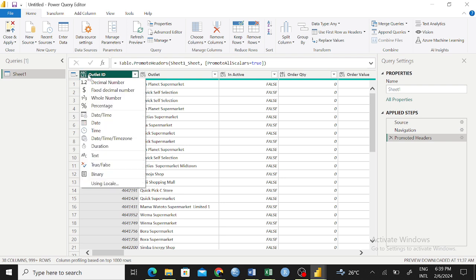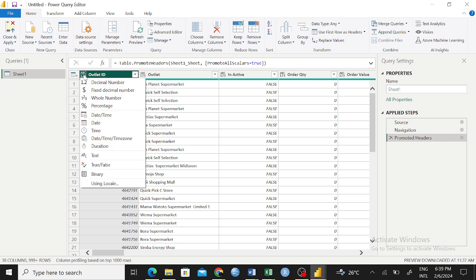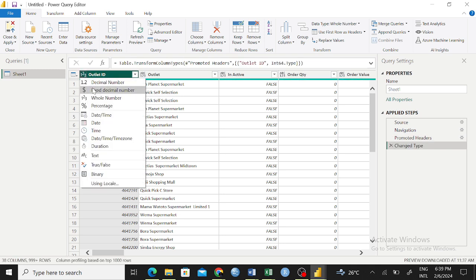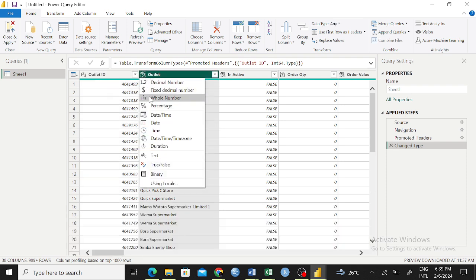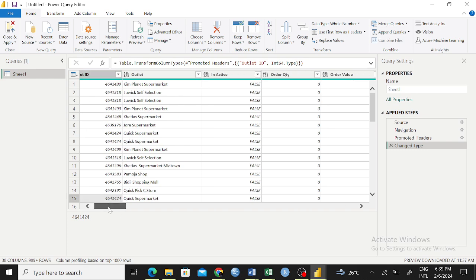It's of data type 123. 123 means that it is numbers, a whole number. But if you have something like ABC, ABC means that it is just text data, right? So if you see 123, and then if you check something like date,